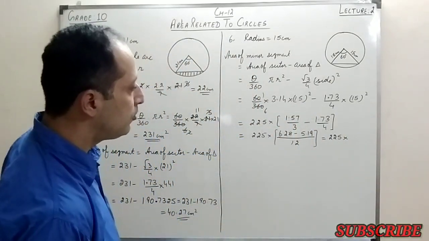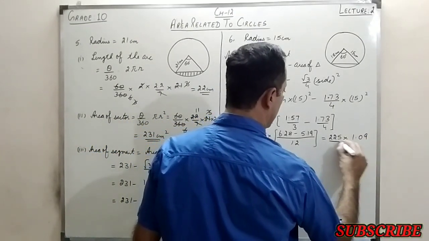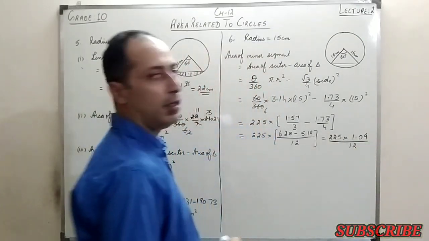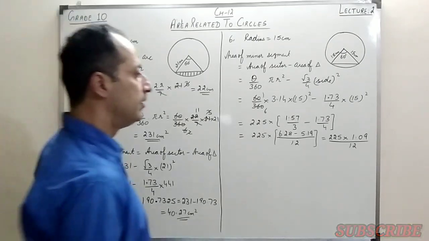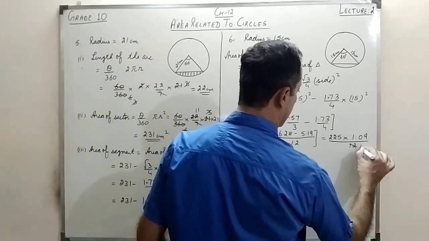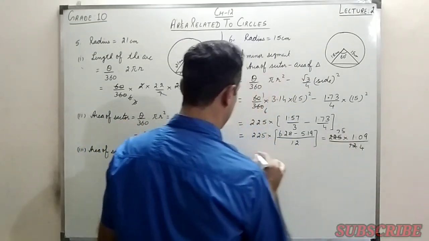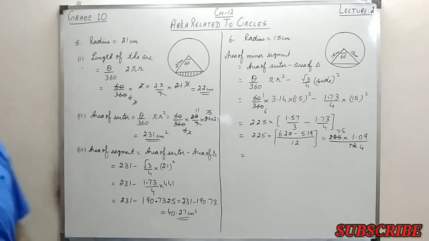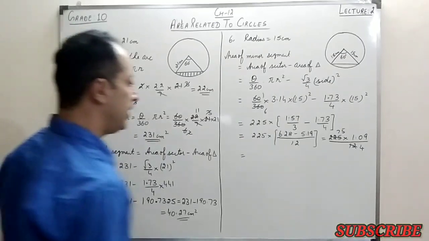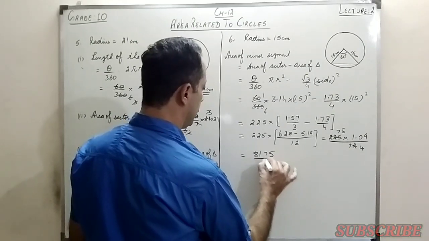into, now if we subtract these two, we get 1.09 upon 12. Now this 225 and 12 can also be cancelled by 3. They both cancel by 3. So we have 4 here, and here we have 75. Right? And then we multiply 75 with 1.09 and then we divide by 4 to get the final answer. Now 1.09 into 75 comes out to be 81.75